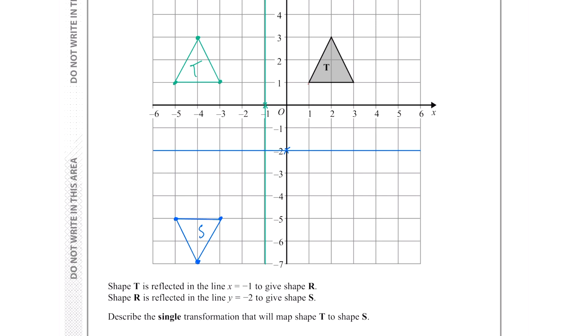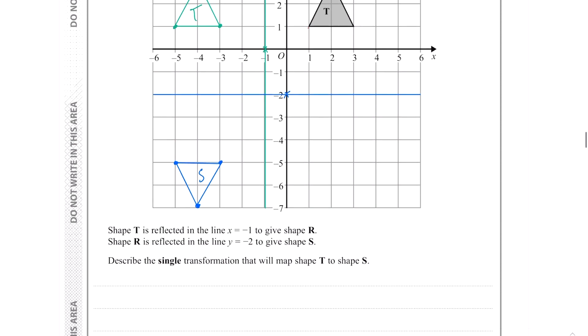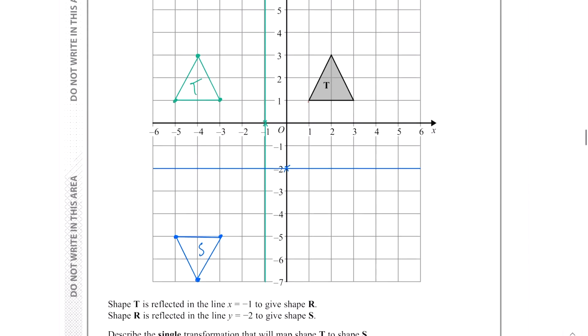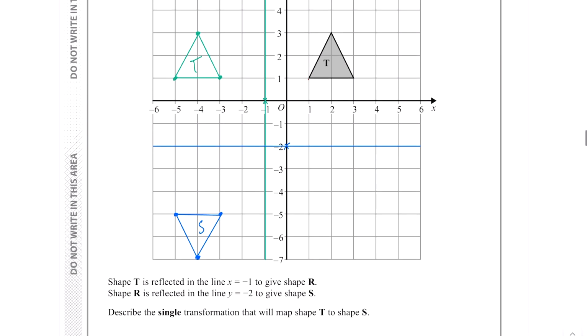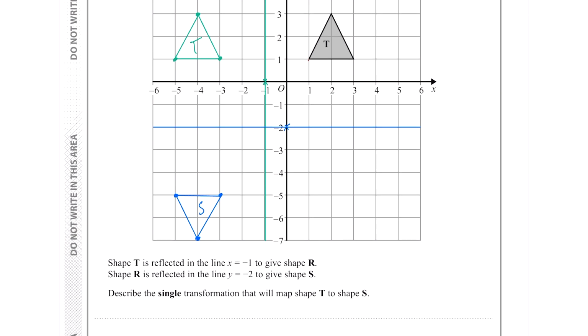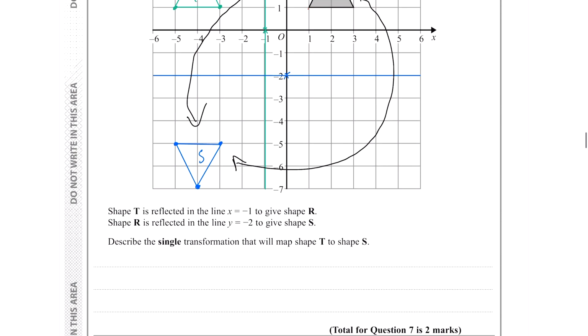So describe a single transformation that will map T to the shape S. Now, of course, you couldn't have done this without drawing out those two in the first place, so that's why I drew them onto the graph. So it's saying, how do I go from T to S? Well, I can see it's going to be some sort of rotation, so you're going to use your graph paper in the exam, and we can see we're rotating. You can either rotate this way or that way. It doesn't really matter which way you go, because you're rotating by 180 degrees, so we can say it's a rotation by 180 degrees